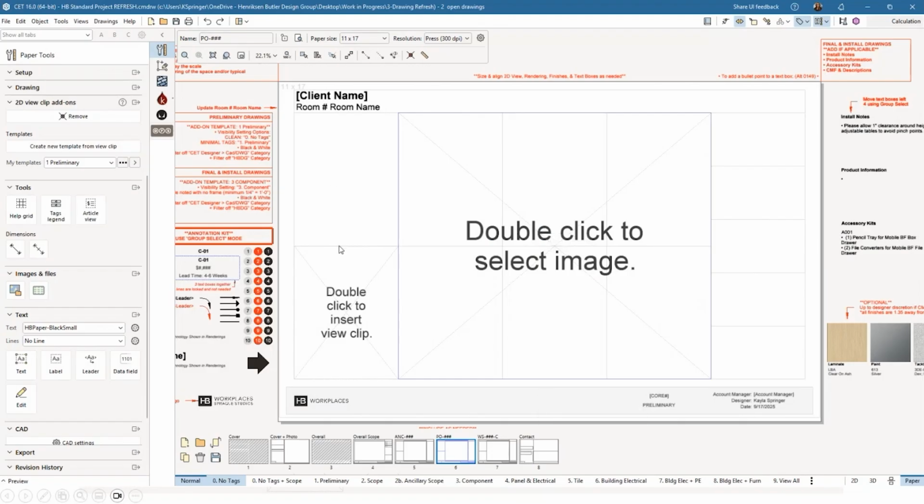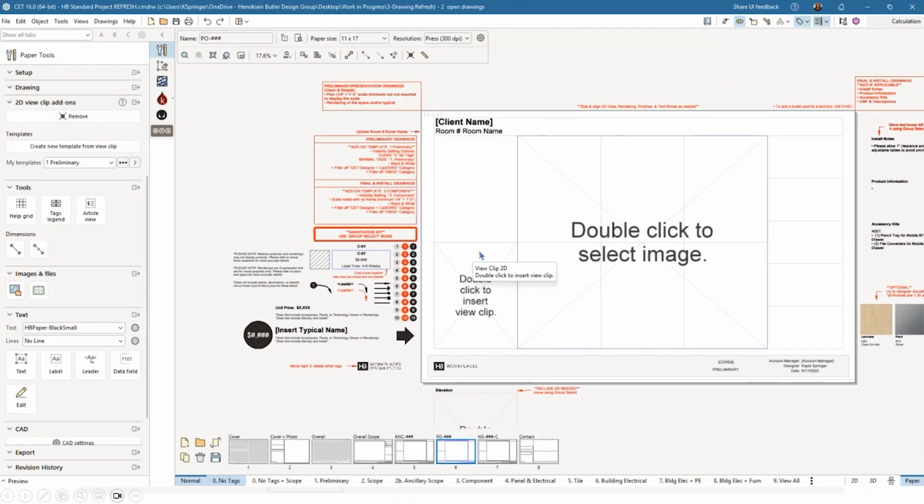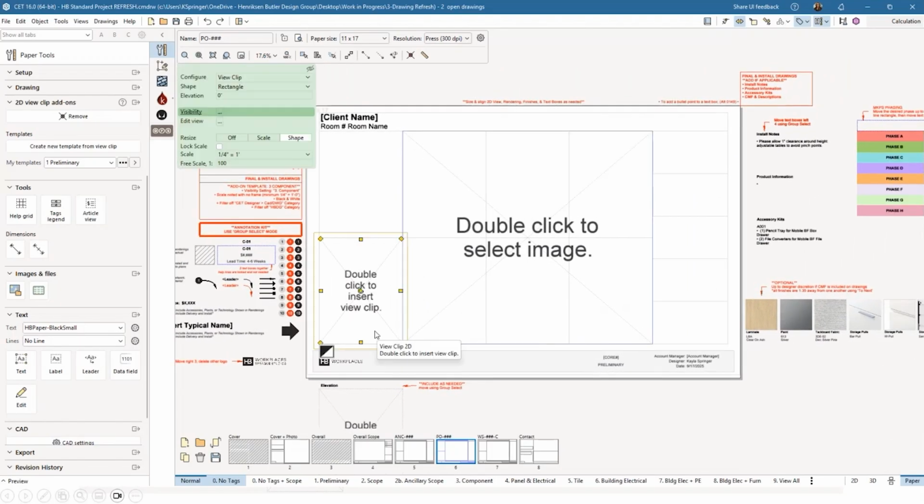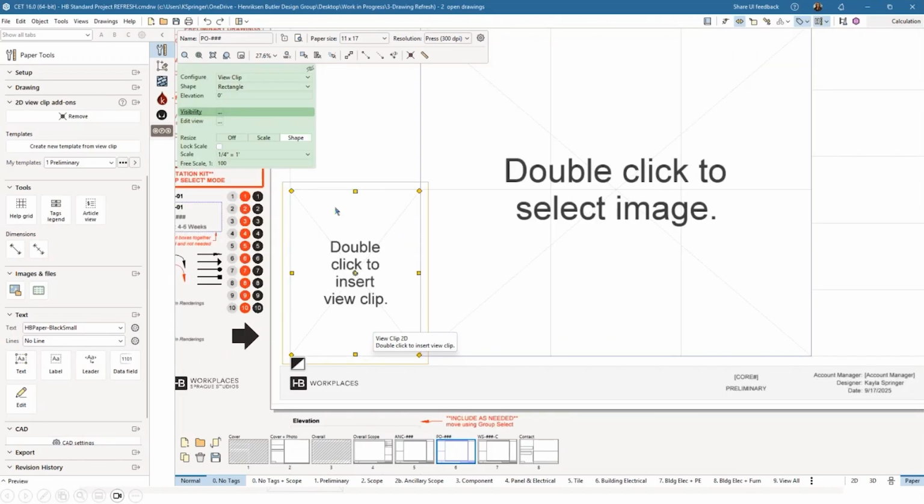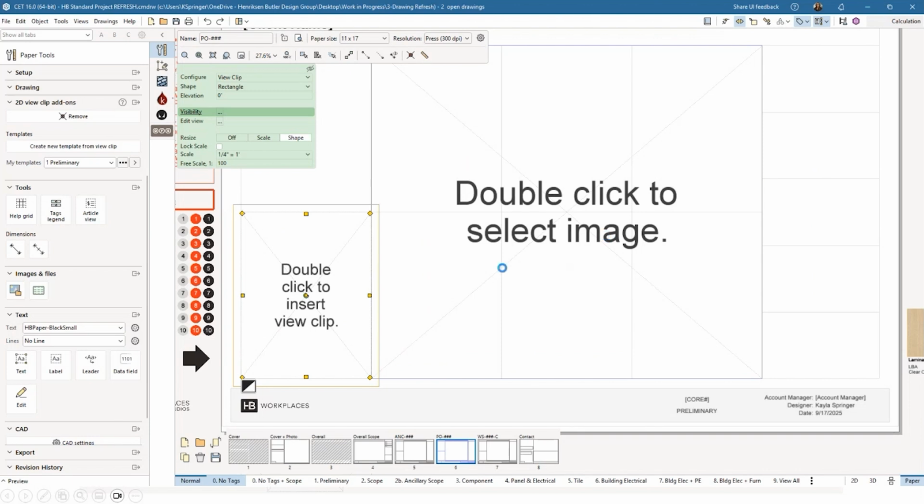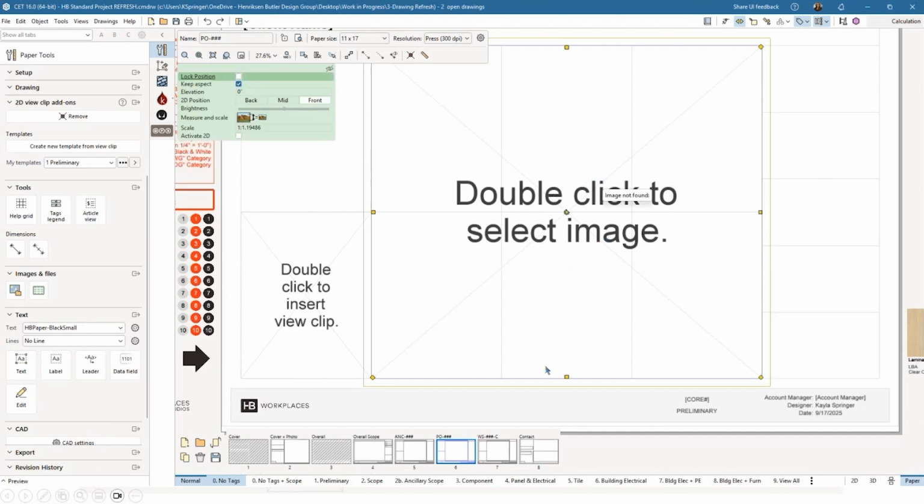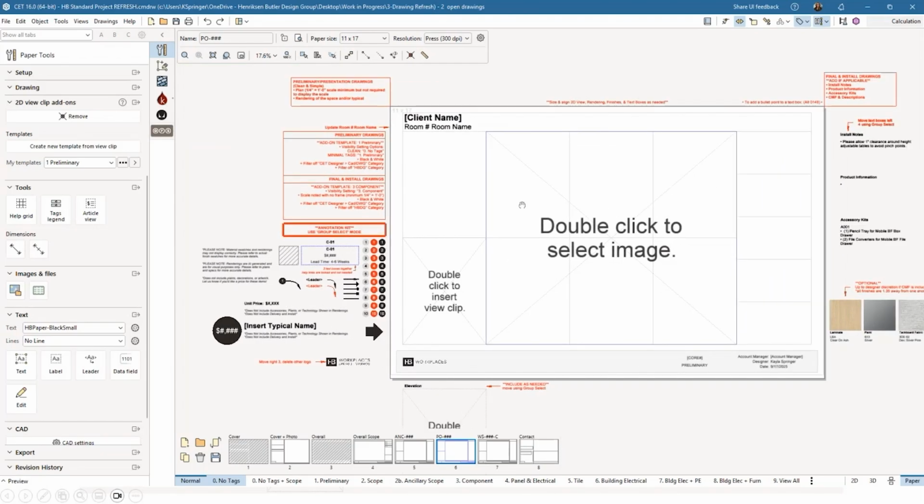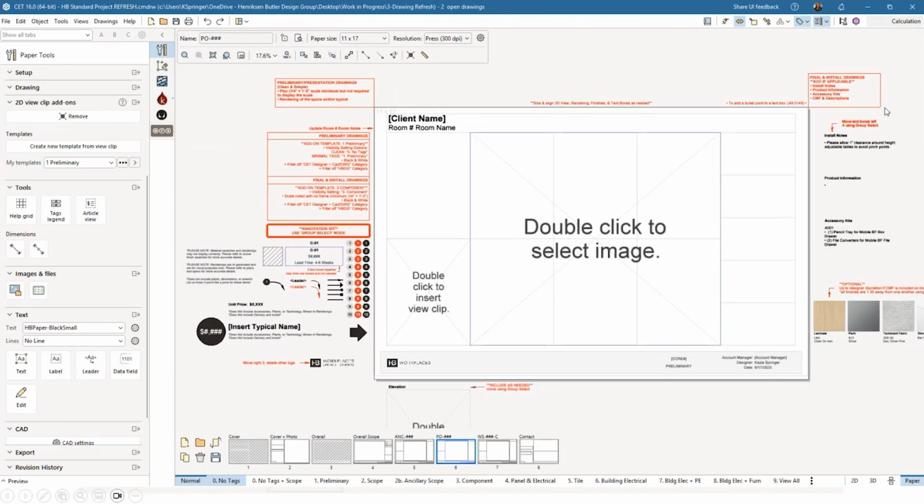So this is that reusable file that I was just showing. So this is our private office layout. And you can see we're beginning with just a 2D view clip and a spot to select an image. Now, there's a lot of information off to the side in the outer margins here, and a lot of it